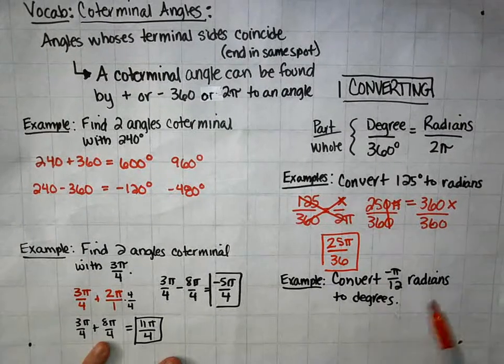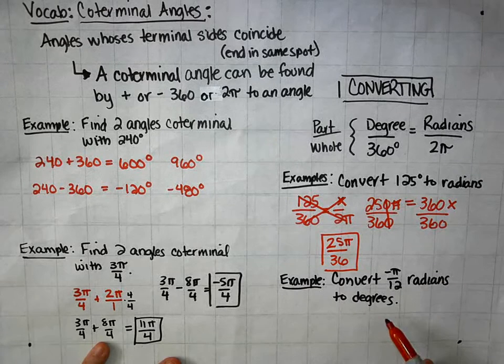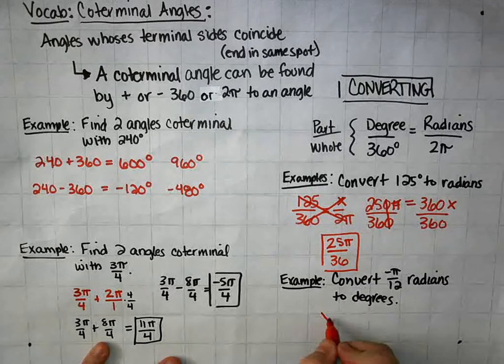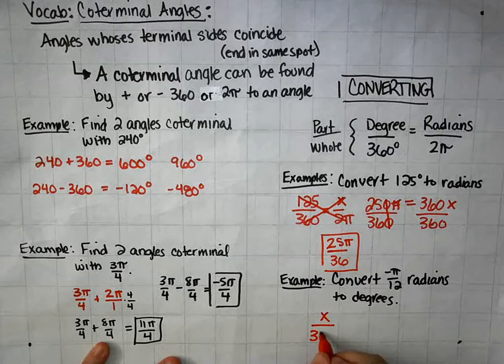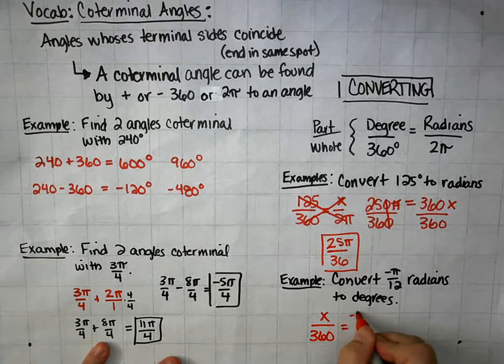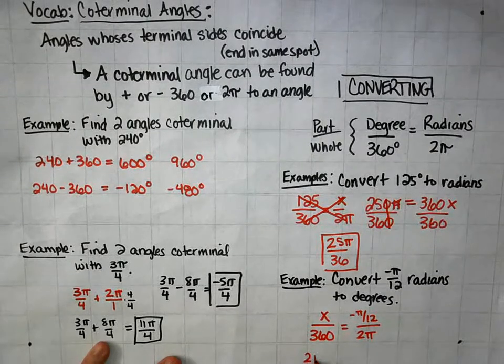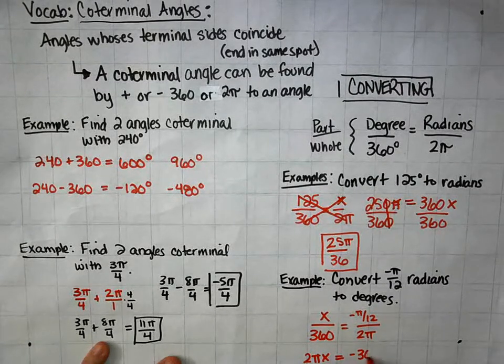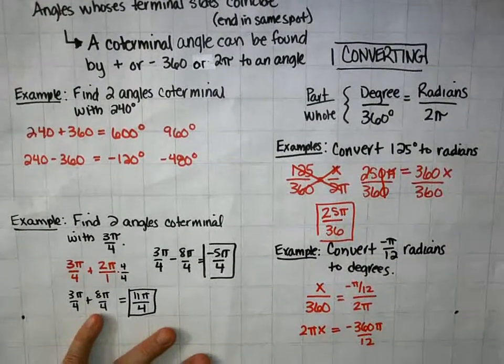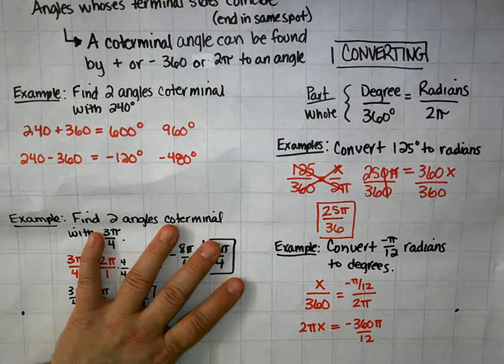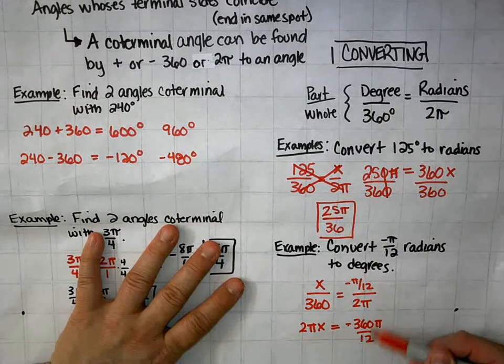I can do the same thing if I'm taking radians and converting to degrees. So I'm going to put my x in place of degrees this time and put it over 360. And I'm going to put negative pi over 12 and put that over 2 pi. This time when I cross multiply, I get 2 pi x is equal to negative 360 pi over 12. The negative 360 divided by 12